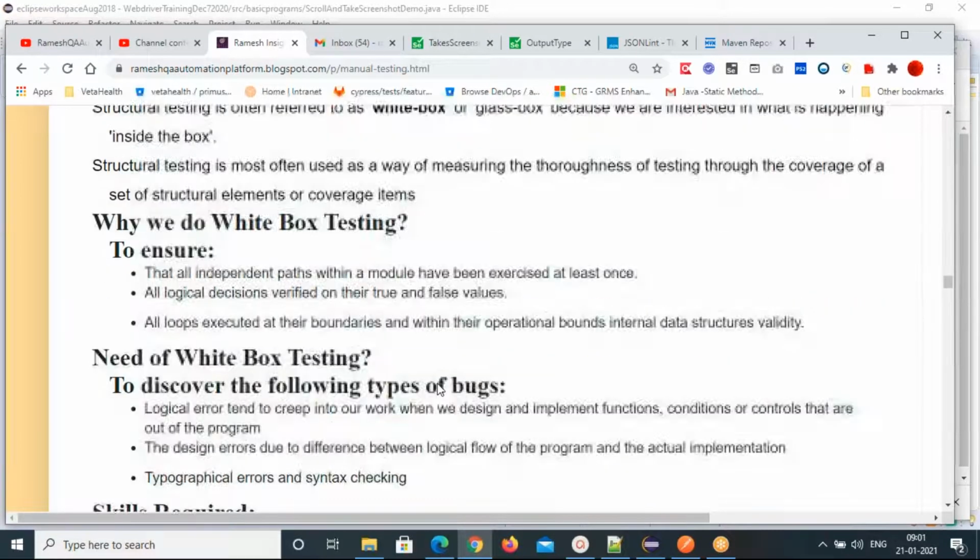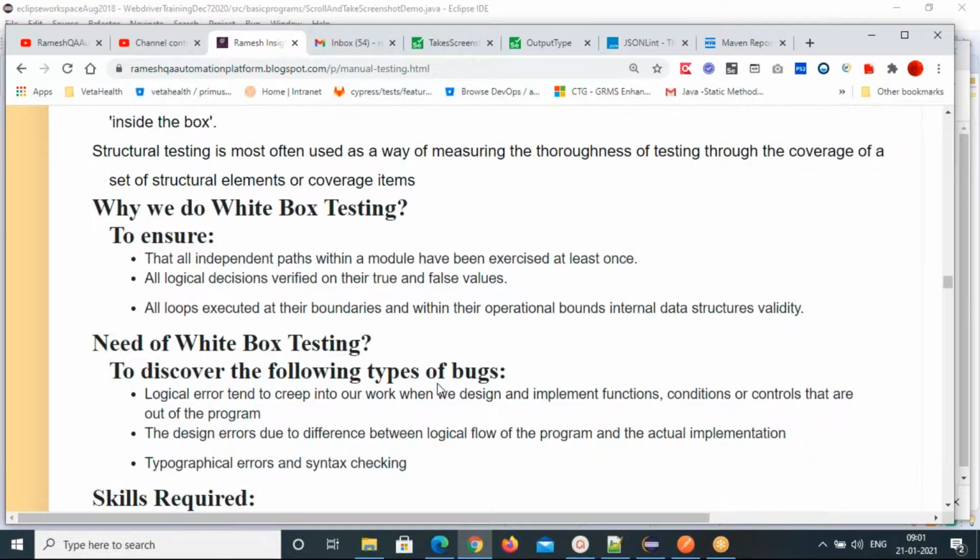So why do you need white box testing? To ensure that all independent paths within the module have been exercised at least once. All the paths you can cover with this. Then all logical decisions: if it is correct, you go one path; if it is wrong, you go another path.